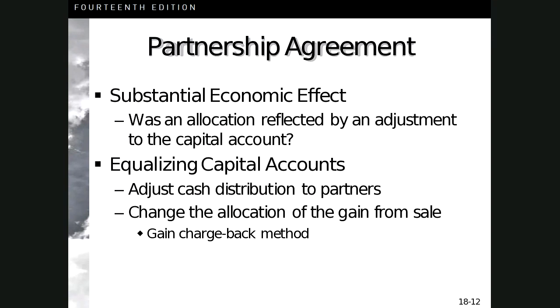So assume that it's sold after year one for 550 with no expense of sale. Oh, that would be a nice deal. Then we have a gain at the bottom of that page. We have a gain of 100,000. So minus the mortgage, we're going to have a cash flow of 150,000. So now, how are we going to get the gain chargeback?